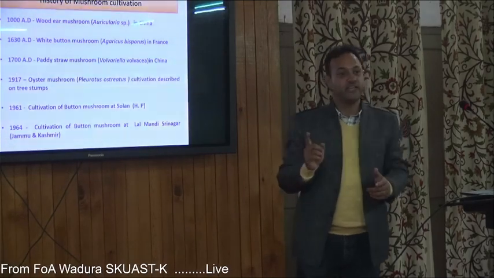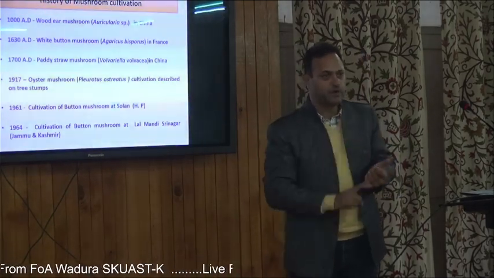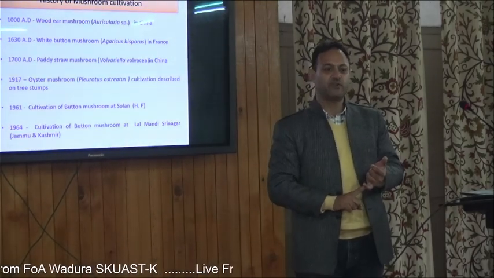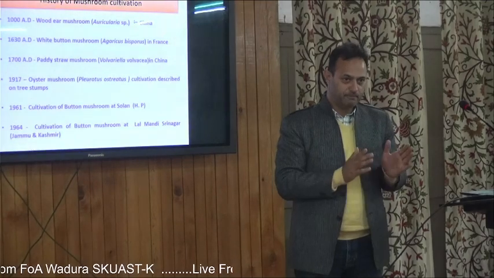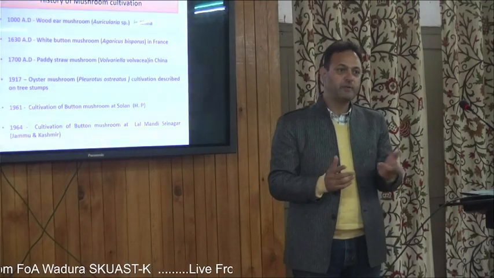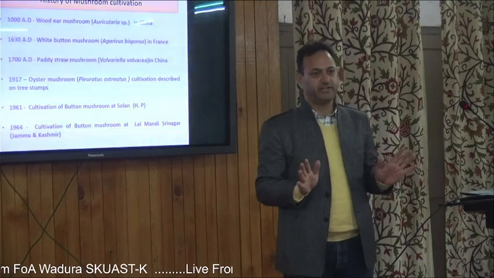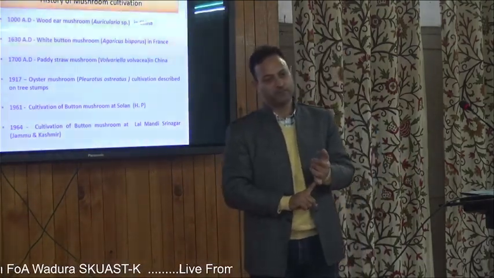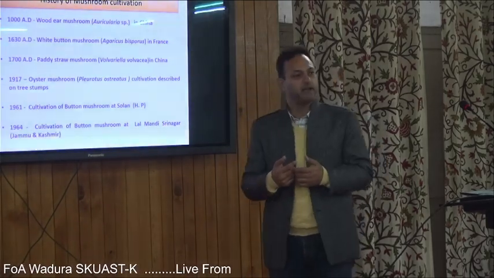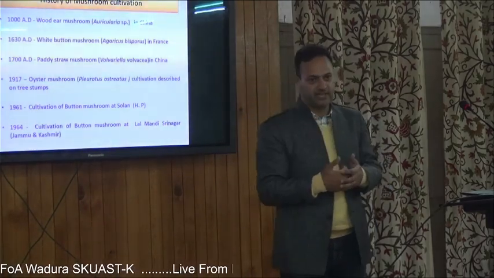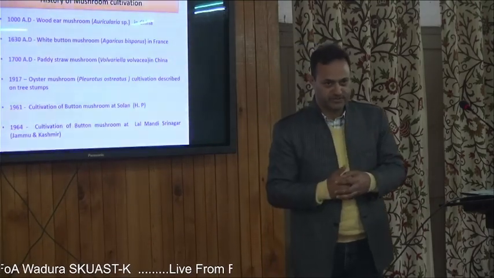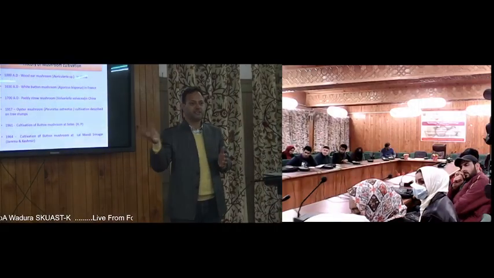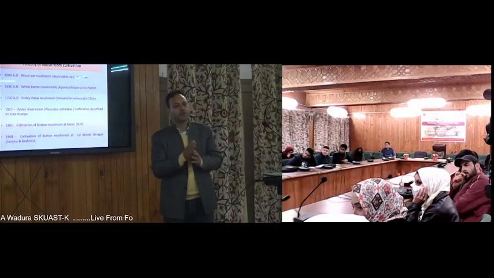इसी तरह एक मशरूम के लिए वेजिटेटिव ग्रोथ चाहिए। फॉर एग्जांपल बटन मशरूम की बात करें, तो वेजिटेटिव ग्रोथ के लिए हमें चाहिए अराउंड 25 डिग्री सेंटीग्रेड, 22 से 25 डिग्री सेंटीग्रेड, और रिप्रोडक्टिव ग्रोथ के लिए 14 to 18 डिग्री सेंटीग्रेड। ये हमारा पहला स्टेप है जो फुलफिल होना चाहिए। उसके बाद सेकंड स्टेप है ह्यूमिडिटी, जो 85% से ज्यादा होनी चाहिए। तीसरी रिक्वायरमेंट है कि फ्रेश एयर आना-जाना चाहिए।